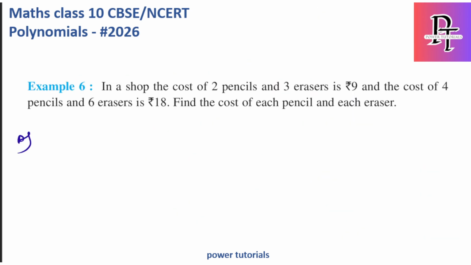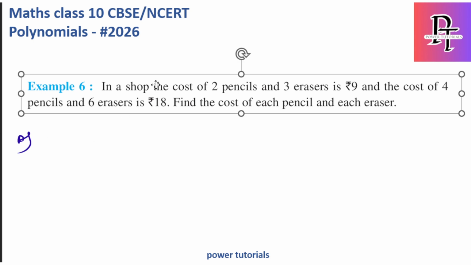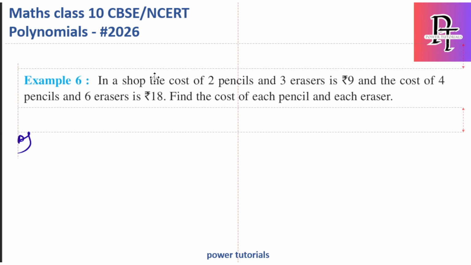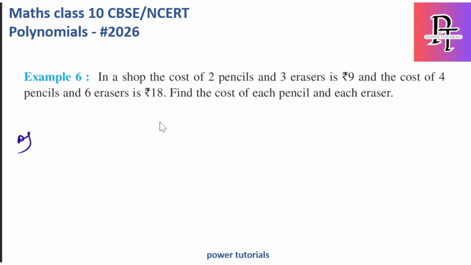Example 6. The sixth question is related to some shopping. Let's see what that shopping is here. In a shop, the cost of 2 pencils and 3 erasers is mentioned, and the cost of 4 pencils and 6 erasers is mentioned. They are asking to get the cost of each pencil and each eraser. So here also, same, let us assume